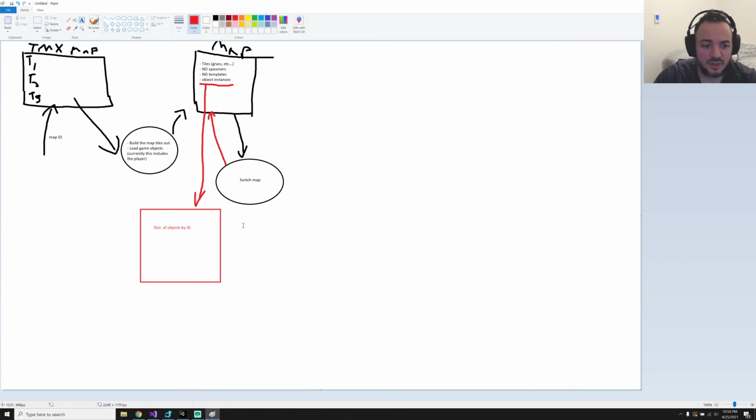Right? So I'm going to put them into this dictionary of objects by their ID. And then I would proceed with the loading of the map file. And I guess that's as far as I got, really. And it already kind of falls down because when we go to load this map file, like right now,